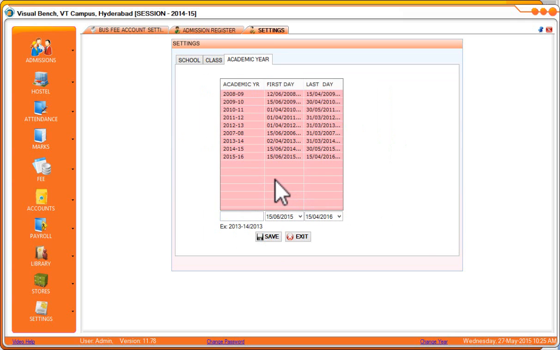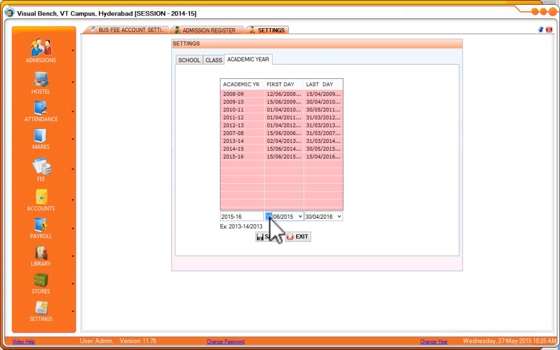Let us see how to modify the same. Here, type the academic year exactly the way you created it and then change the dates. Usually the change to an academic year only involves changing either the first date or the last date.